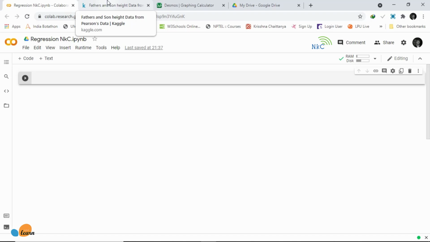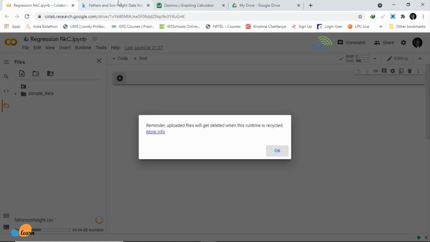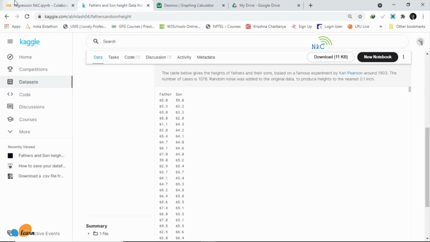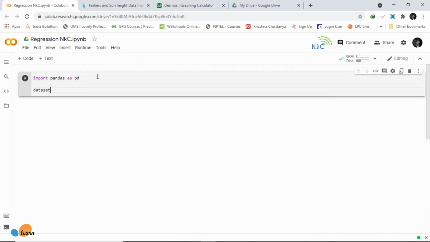The first thing that we are going to do is connect our runtime. So I will use Google Colab to do that. And then while it's doing that, we need to upload our data. And remember, you can get data from the GitHub or you can process it yourself, as I showed. This is in text format and I have converted it into CSV format, which is going to be easier for this algorithm to read in. Okay, so if you just upload the father son height CSV, and for our runtime now, what we can do is finally get our data set and import it.